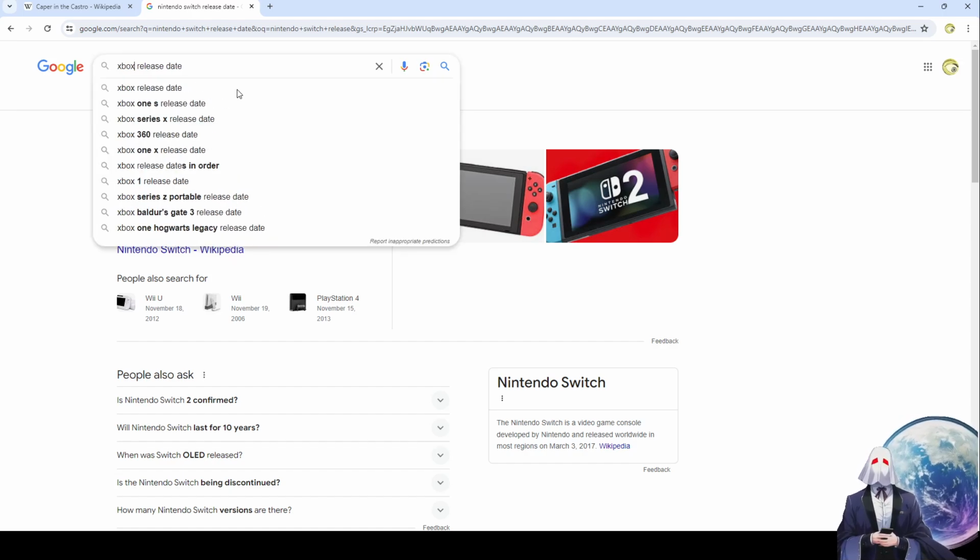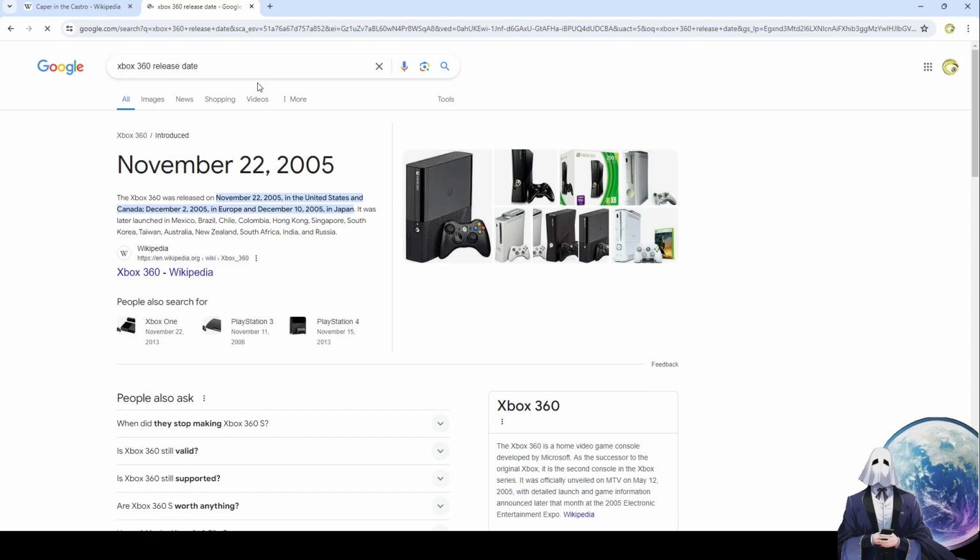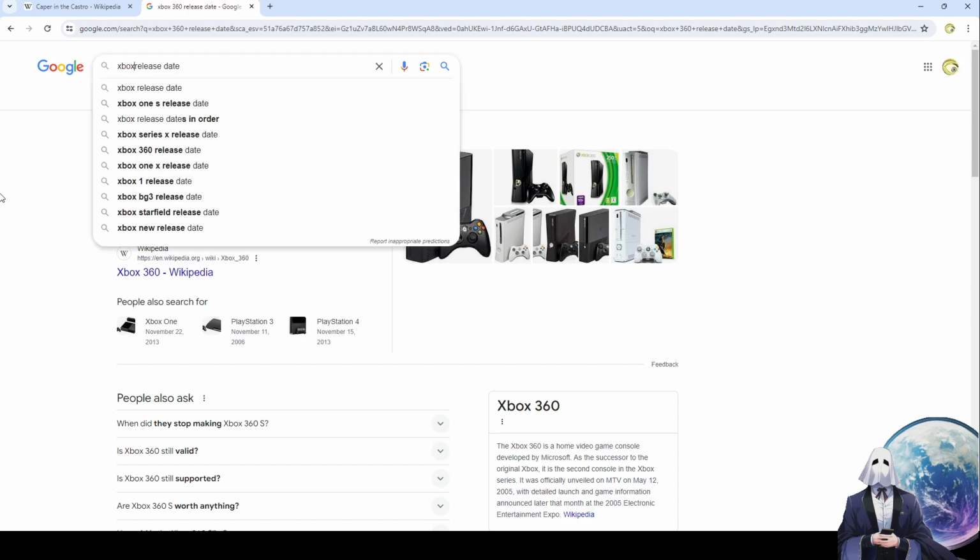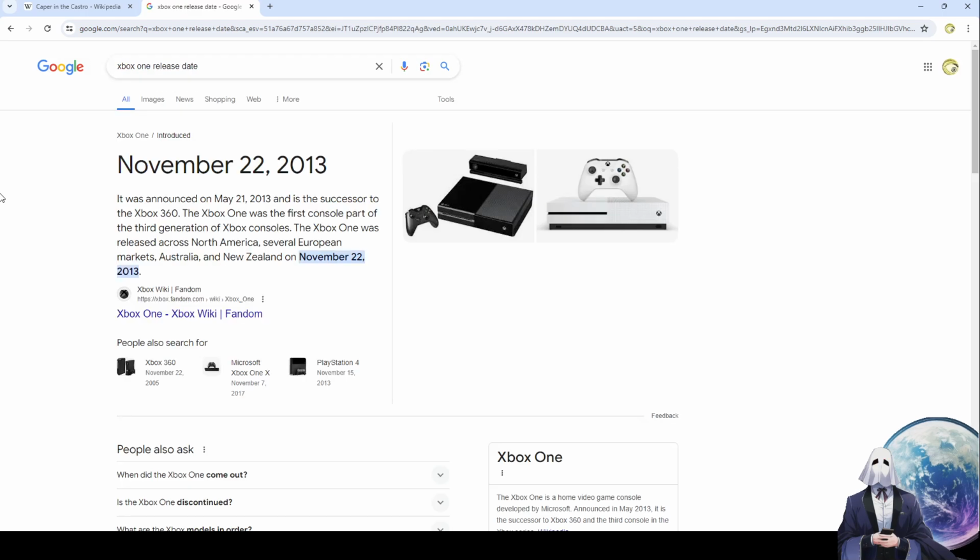Whereas the Xbox 360, no, not the 360, the Xbox One. So the Xbox One came out in 2013. Oh, it's because it went Xbox 360, One, Series S. Okay. Yeah, so the Switch came out 7 years ago. And in between was the Wii U, which didn't really succeed, although that was partly because